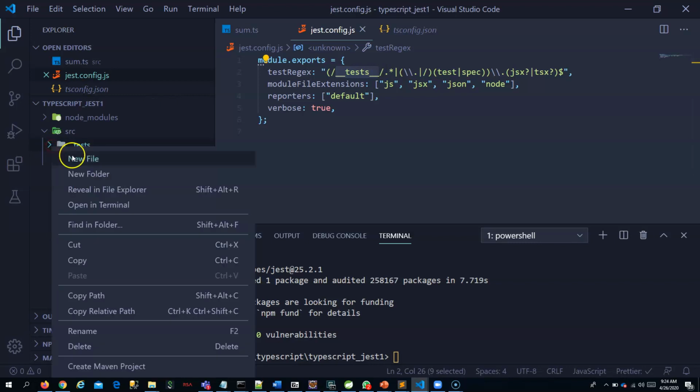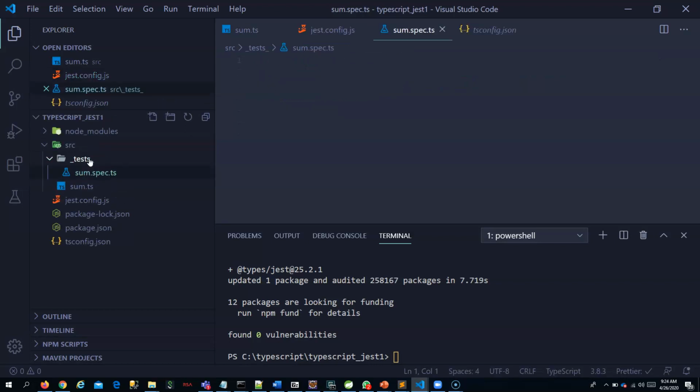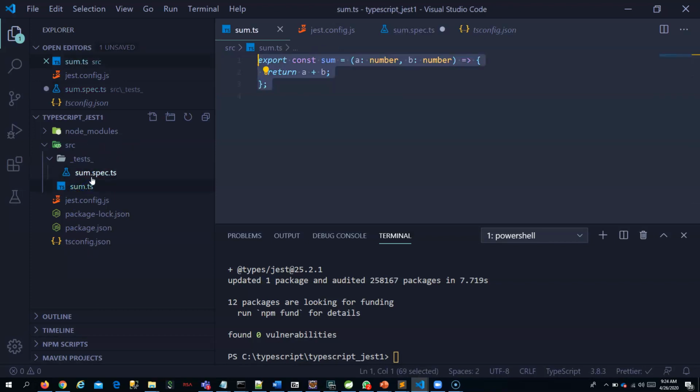And the next thing I have said is it will have test or spec in its file name. So I will name it sum.spec.ts. Now I will write the test file for testing this sum.